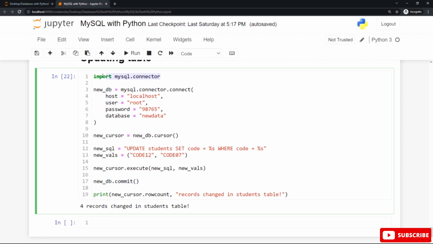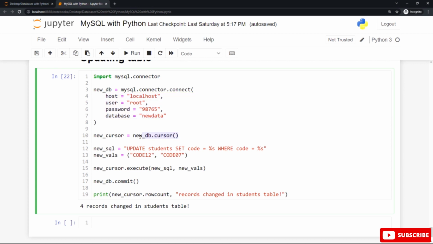First of all, import the MySQL connector, then create this connection by using the connect statement with these arguments: the host name, the username, the password, and the last one, the database name, new data, or any database you created.